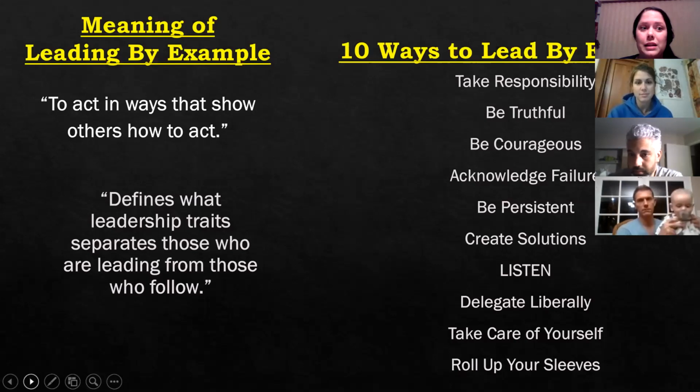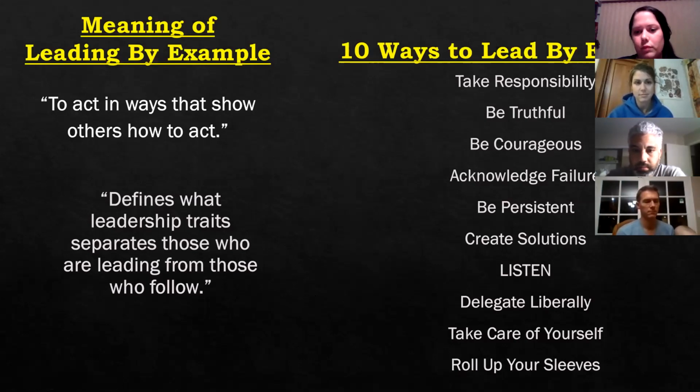So that means, I think that's the biggest thing in leading by example, is you have to roll up your sleeves and get dirty, right? You have to be out there actually doing what you want the people you're trying to lead to do. You have to get out there and set a good example on that. Does anybody have any comments on those? They're kind of straightforward. And when you think about leading by example, all those on the list and what a leader is, right? All of those things define leadership too.